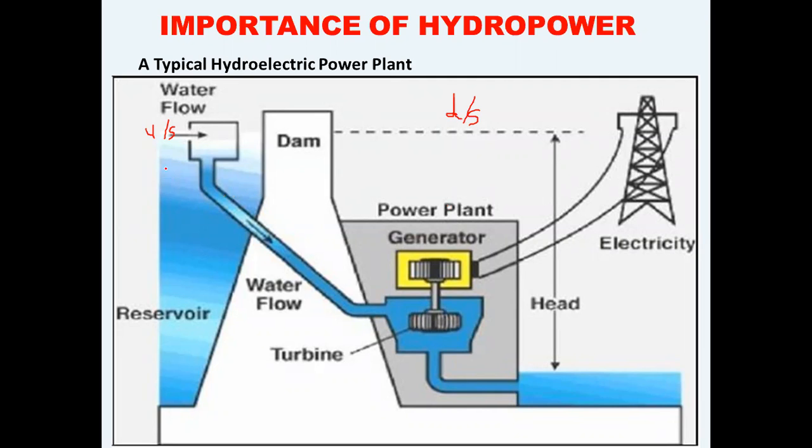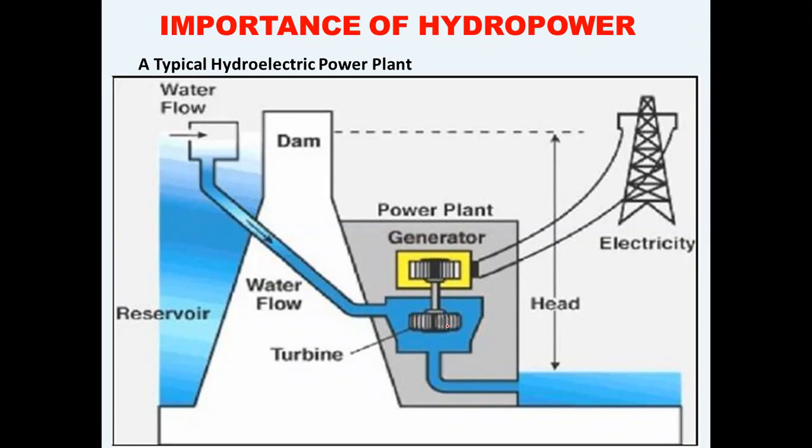upstream and downstream side. The upstream water level is somewhere here, and the downstream water level is somewhere here. So there is a great difference in the water level, or the heads of water, on the upstream and downstream side. We are going to use this difference of head in order to generate electricity. How? We will provide a pipe, which is known as a penstock, inside the dam, which can transport the water from the upstream side to the downstream side. Now, on our downstream side, we will be building a power plant.